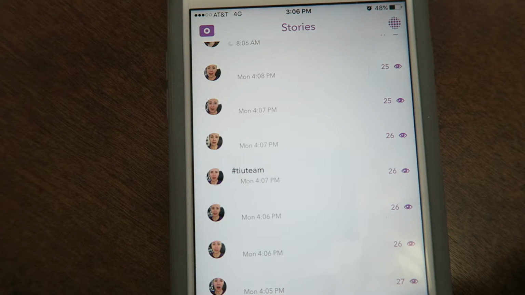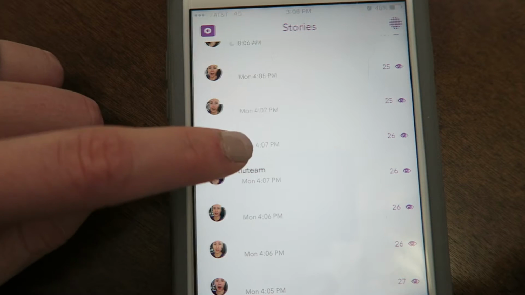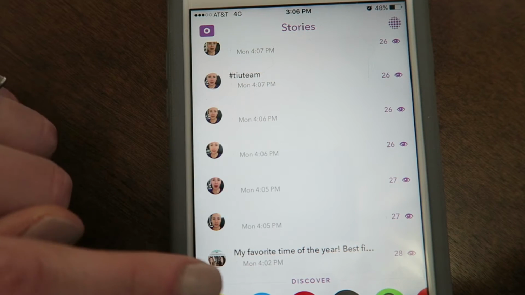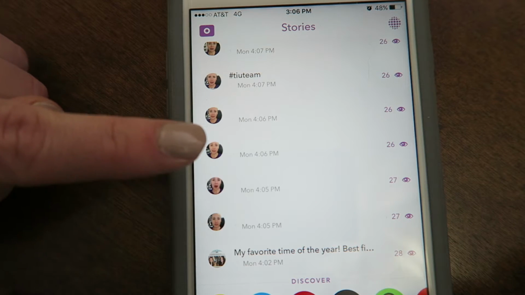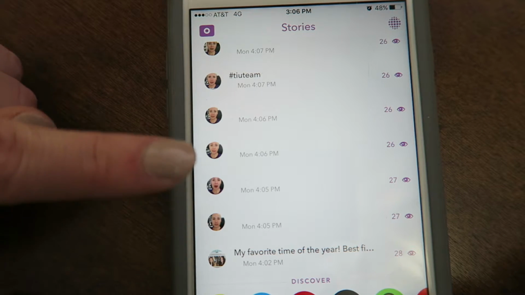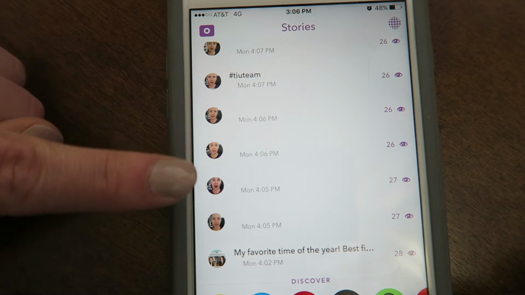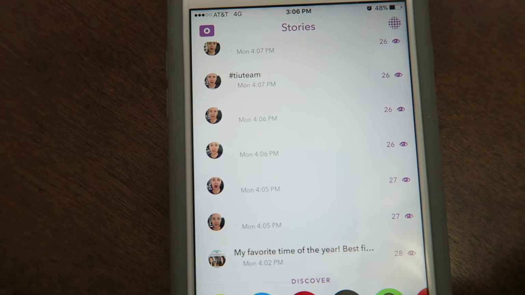This is so important to measure if your strategy is working, if people are dropping off. You can actually see when people are dropping off. So you can see right here, I had 28 views, and then the next one was 27, and then 2 more down, it was 26. So you can start to really analyze what you did differently here that's making people drop off. So completion rate is the percentage of people that started viewing a story compared to how many of them saw the last part of your story. Or in other words, they watched your entire story.